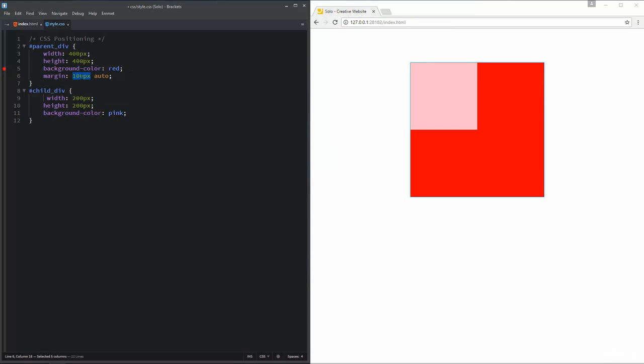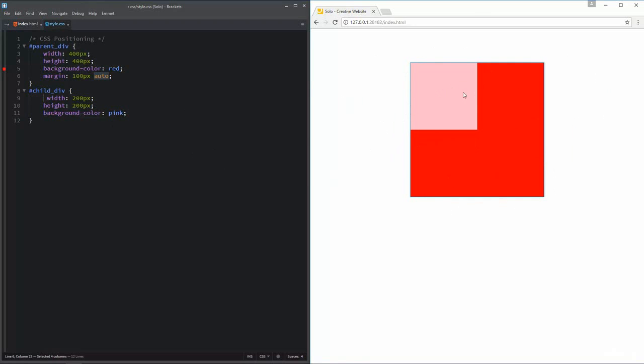This is going to create 100 pixels of top and bottom external space, and auto means it will be automatically adjusted to the center of this web page. And now we have this red box in the center of this web page.